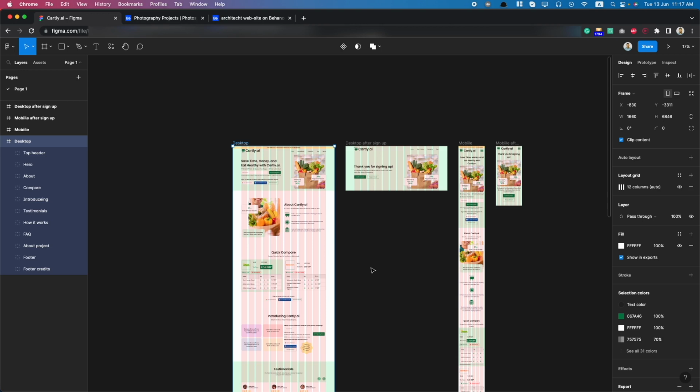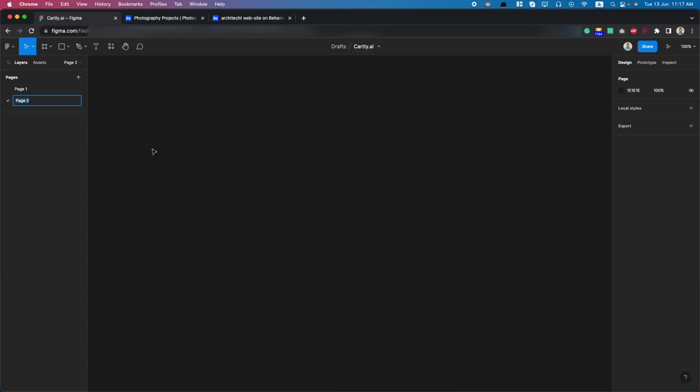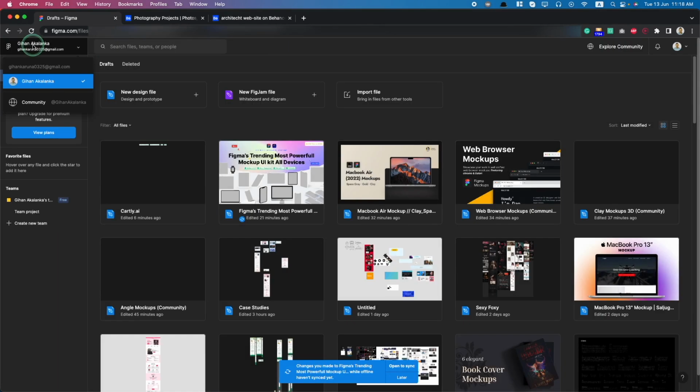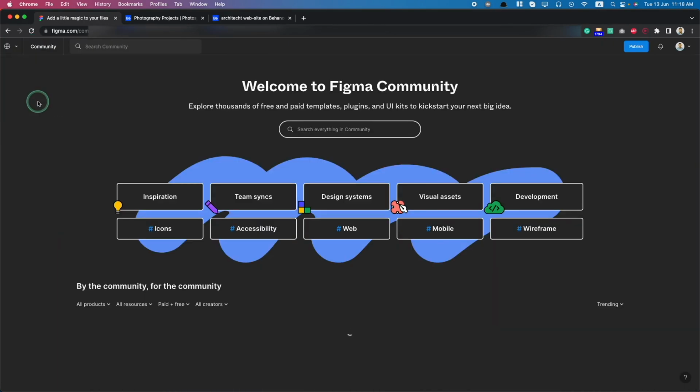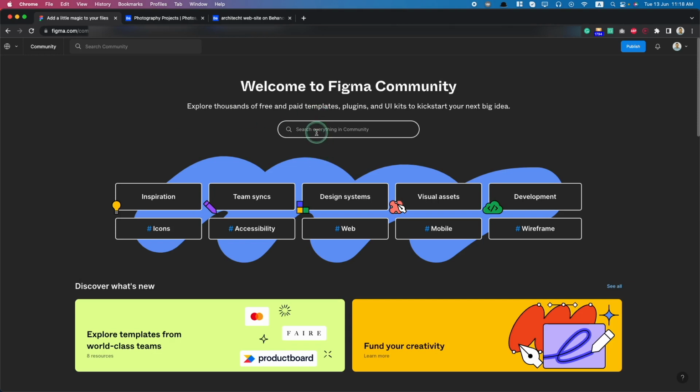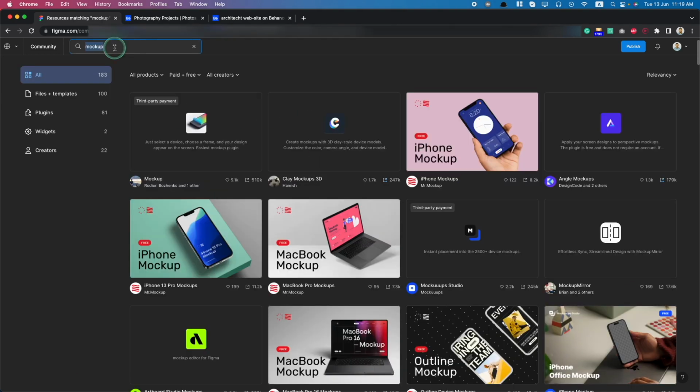As the first step we have to create a new page. So I will click on add new page button. Then I will add the name as case study, and now I will go to the Figma community to find mockups. To do that I will go to files and click here, then click on community. In the search bar I will search mockup UI kit,